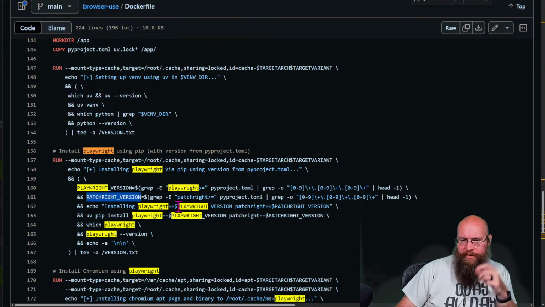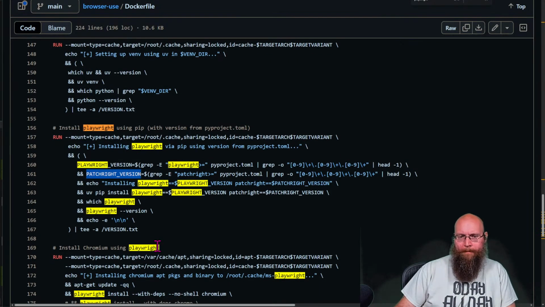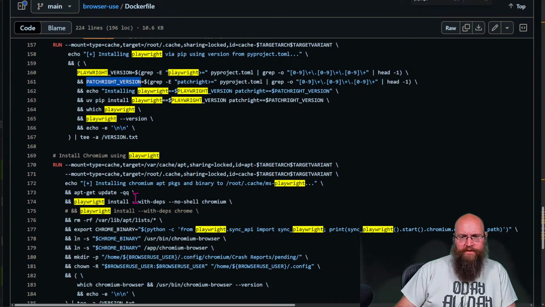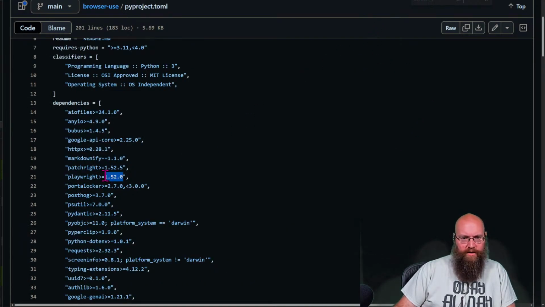So installing Playwright. And then down here's where it actually does the install. So for some reason, the Playwright command and the version being installed are slightly out of sync. So let's go see.